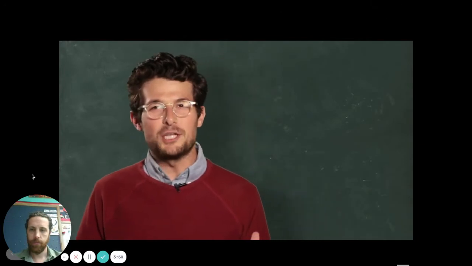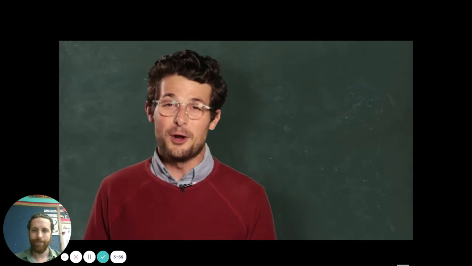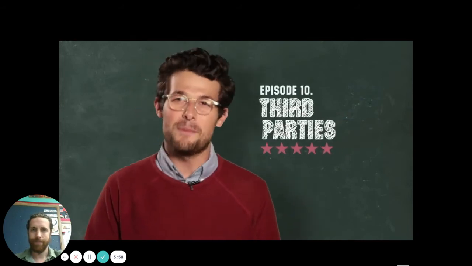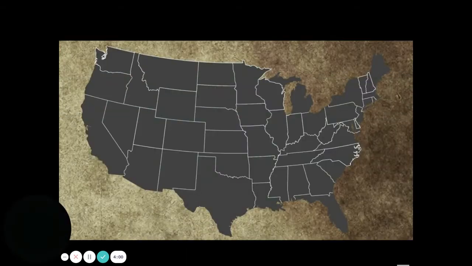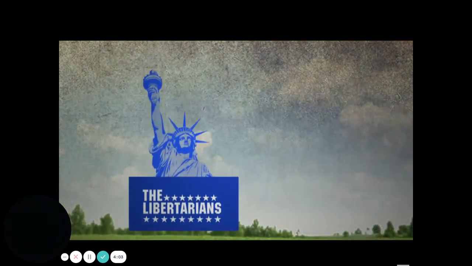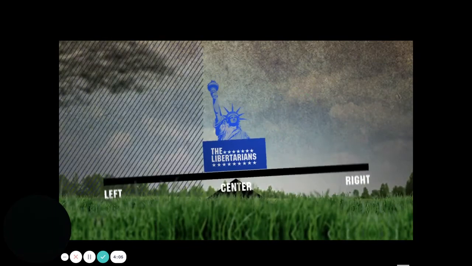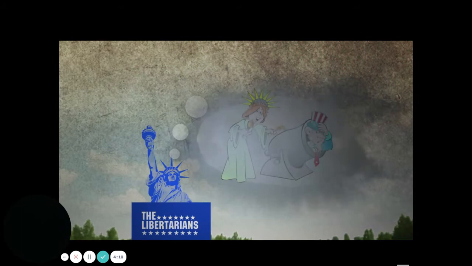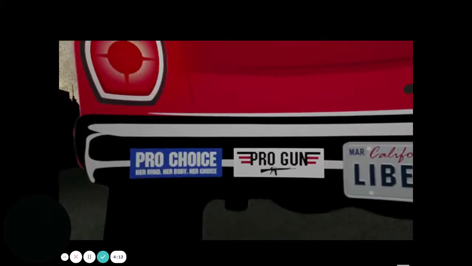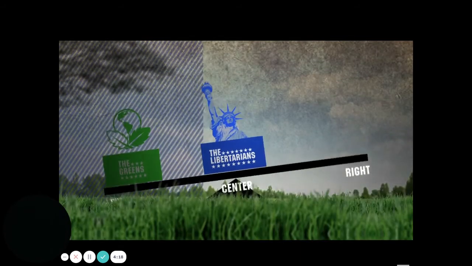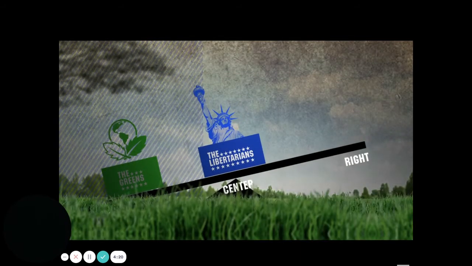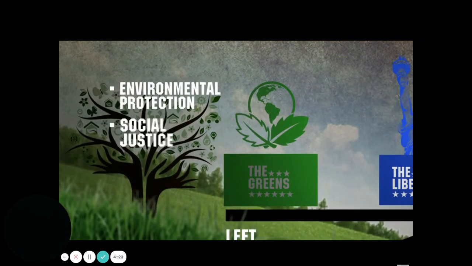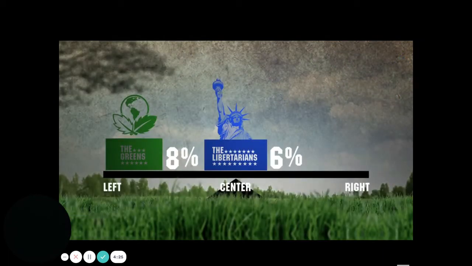Do you ever wonder why you've only got two choices when you walk into the polling booth on Election Day? Actually, you don't. There are plenty of other parties aside from the Democrats and the Republicans. But who are they? The two largest third parties in America are the Libertarians and the Greens. Libertarians don't really fall on the left or the right. They believe in total individual freedom and want the government to get out of people's lives. They're pro-choice, pro-guns, pro-gays, and pro-drugs. The Green Party, planted firmly on the left, strongly supports policies that strengthen environmental protection and social justice. Neither scored higher than single digits on Election Day.